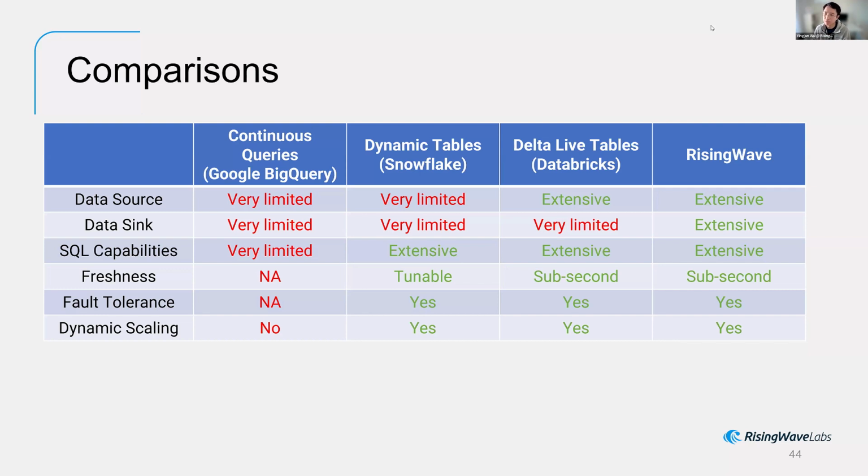And we do not really do something like machine learning. We do not really train machine learning models. If we want to check Databricks, they actually have machine learning models, right? We do not really do that. We're pretty focused on stream processing. That's probably one of the key reasons why we are more capable in terms of the stream processing functionalities.